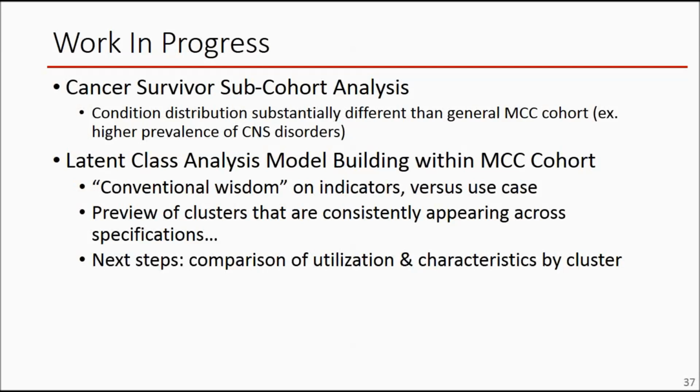What I am going to show a little bit of the work in progress on is the latent class analysis. So going into this, conventional wisdom on latent class analysis says you put no more than 15 indicator variables into a model, otherwise your model starts getting unstable. And what I found is when you have 550,000 people in your cohort, you can put more than 15 indicators in your model. But it's taken some time to develop those because learning what the models can handle as far as number of indicators versus population size has been a bit of a learning curve.